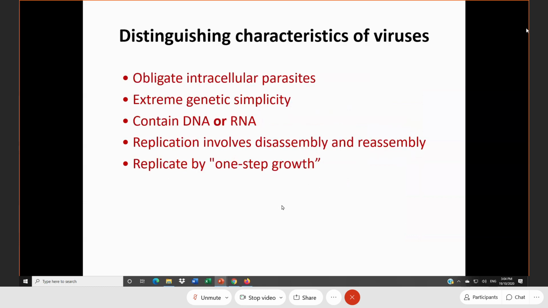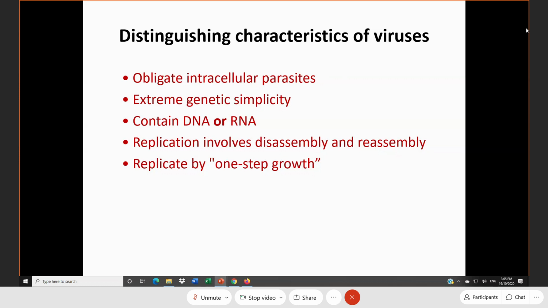No need to go through these pictures. Okay. Viruses are obligate intracellular parasites. Bacteria are also parasites. What is a parasite? A parasite is one that invades the host and stays there. They are not making their own food. They just conquer and take over whatever we have. So this is what we call an obligate intracellular parasite. Obligate means must. Without cells, they cannot be there. So virus is very simple. Very simple.